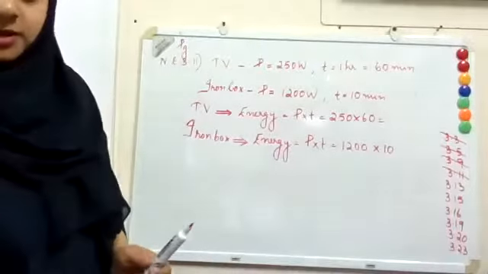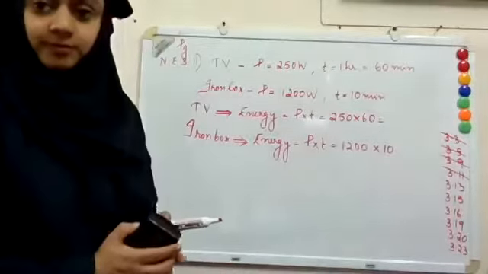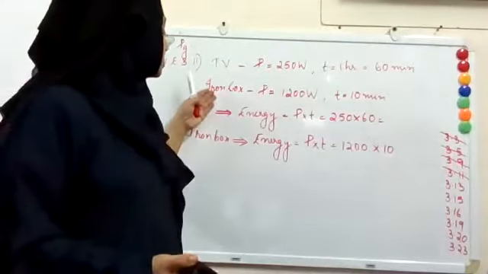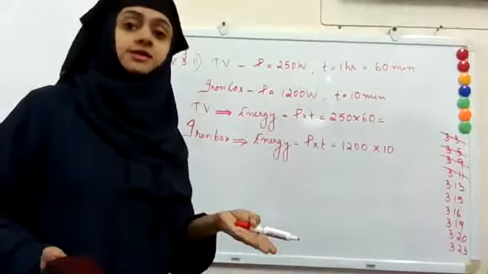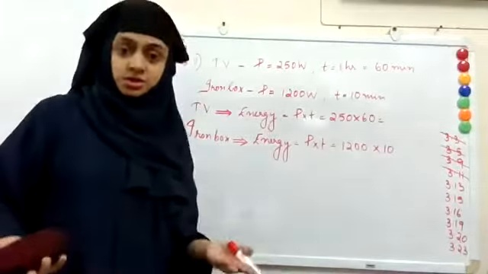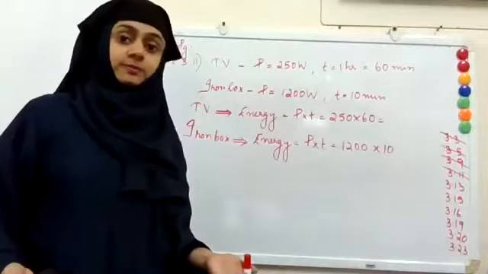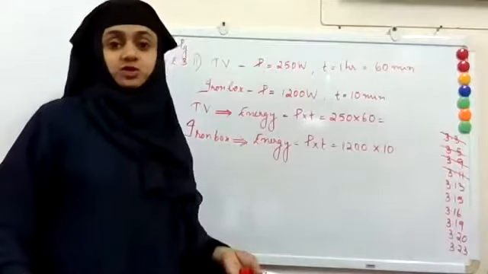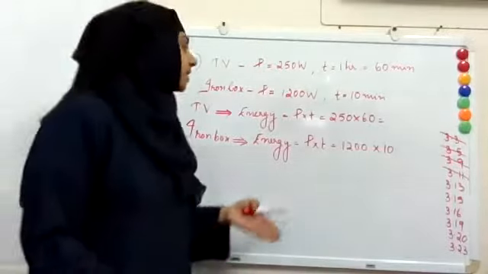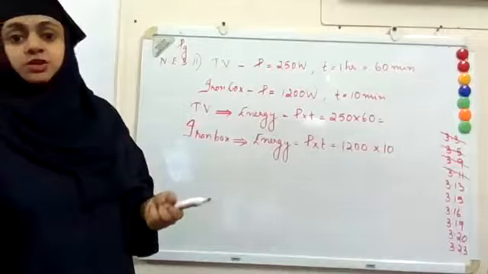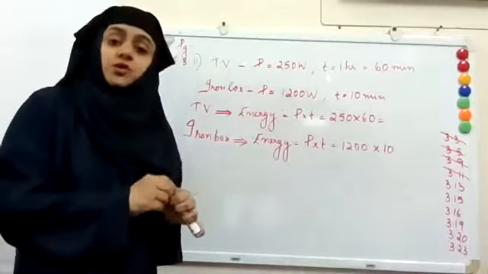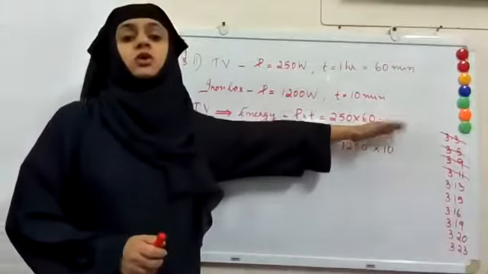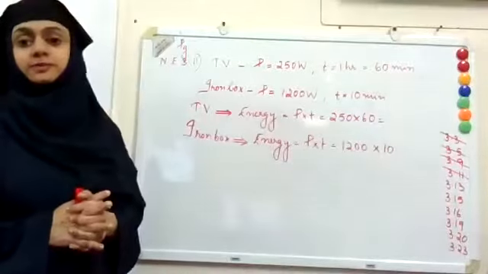Teacher, the unit of energy is kilowatt per kilowatt hour, right? So the answer will be correct either way. The question is, which one is using higher energy? If it was to calculate the cost, you will have to convert into kilowatt hour. If they have asked you to find the energy in a particular unit, you will have to convert to that unit. But here the question is, compare which one is using higher energy. So you can find the answer in any unit, but both answers should be in the same unit. Only then you can compare which one is higher.